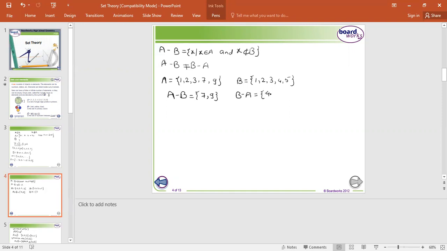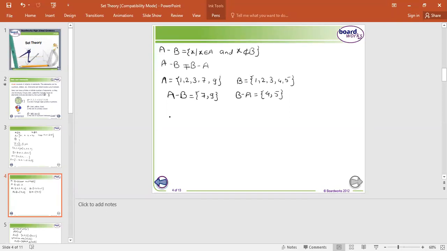Not common elements in set B. It comes under B minus A. So next we will see the complement of a set. If A is any set for which U is the universal set, then the complement of the set A is the set which contains those elements of U which are not elements of A.